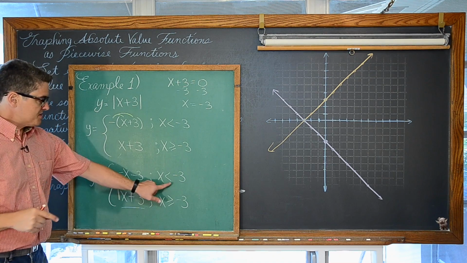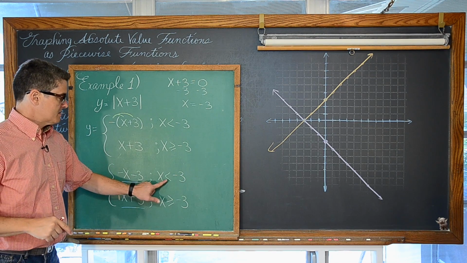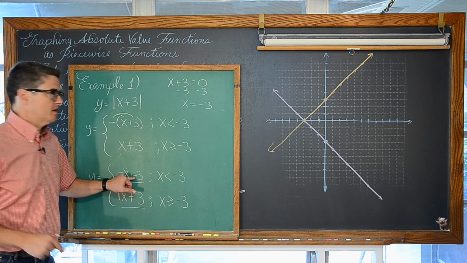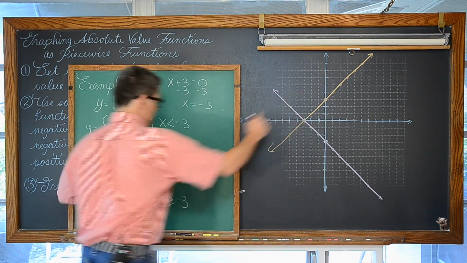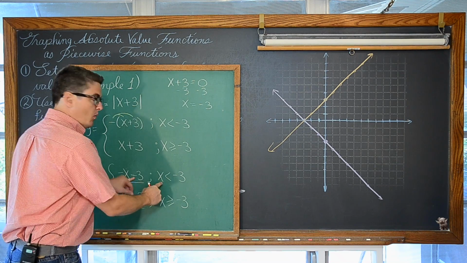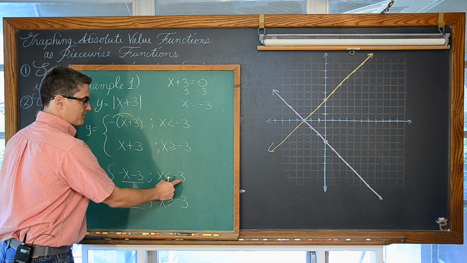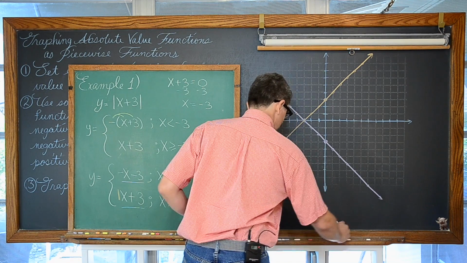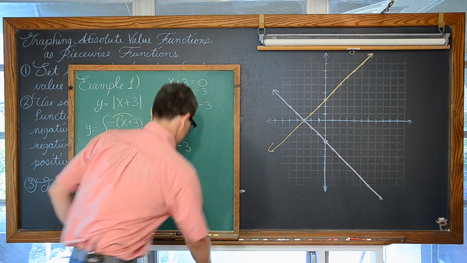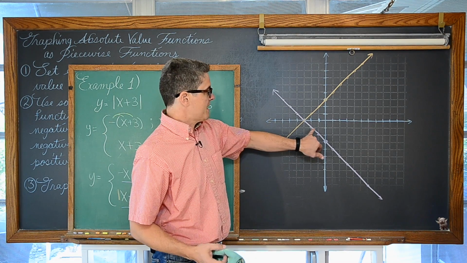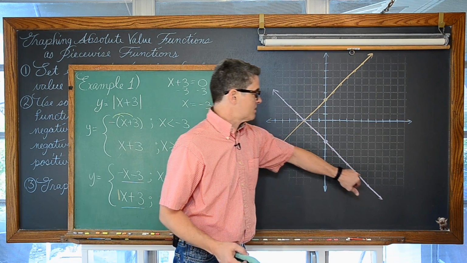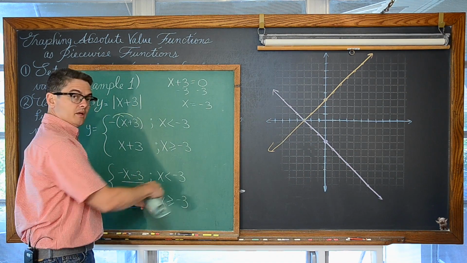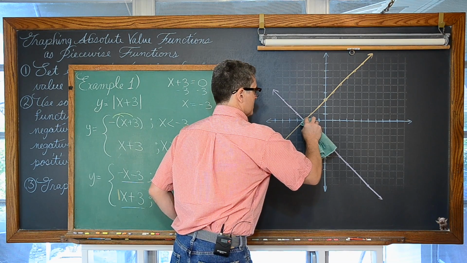But this condition, x is less than negative 3, is for this equation y is equal to negative x minus 3. So this first graph I drew is not supposed to appear anywhere except where x is less than negative 3, or to the left of negative 3. Well, there's negative 3 right there. And when I look here, x is negative 2, negative 1, 0, 1, 2, so on and so on. All of these x values are not less than negative 3, they're greater than negative 3. So we're going to take this out.